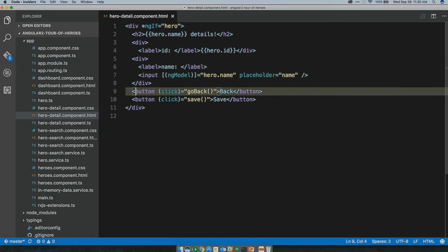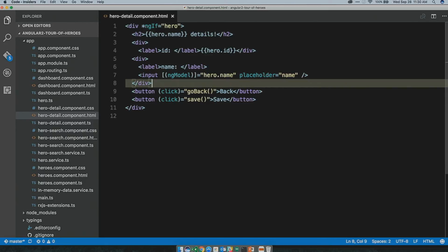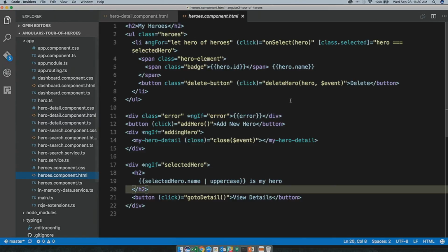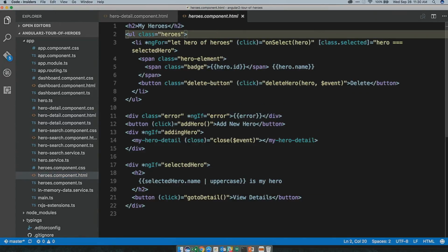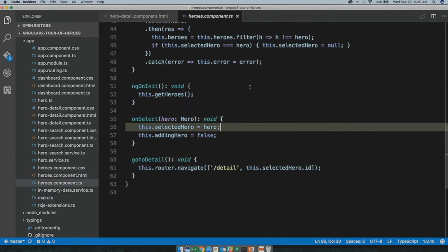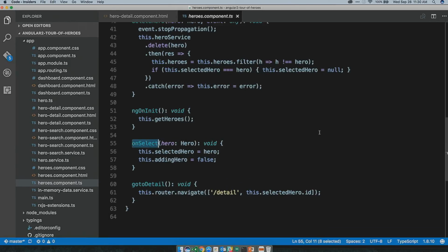What about these buttons? Here we're saying click, and we can do go back or save. Let's go back up to the list, though. We've got our heroes component, and we've got an ngFor up here in line 3. Notice I'm listing my list of heroes, and then I'm clicking with a binding, and I'm calling an onSelect. And in the onSelect, I'm passing in the hero. So I can pass values in and out, too, with my functions and bindings. Makes it super easy to wire my template to my TypeScript. And then in my TypeScript, I've got this onSelect right here, and I can just set that selected property to a hero.